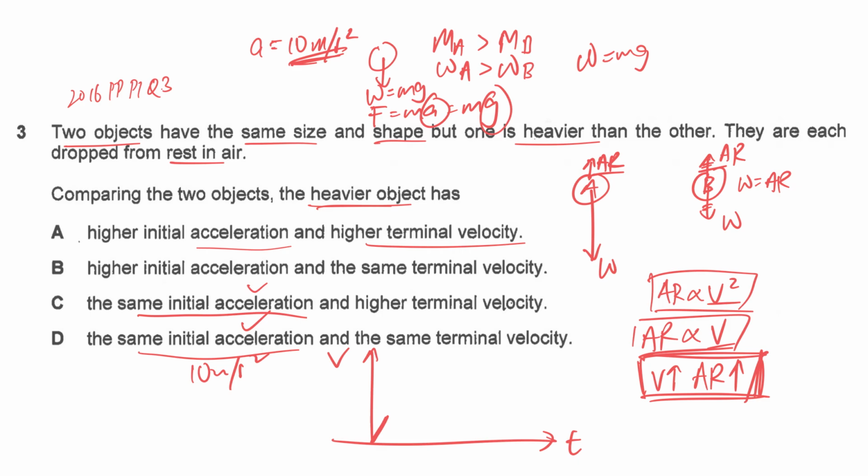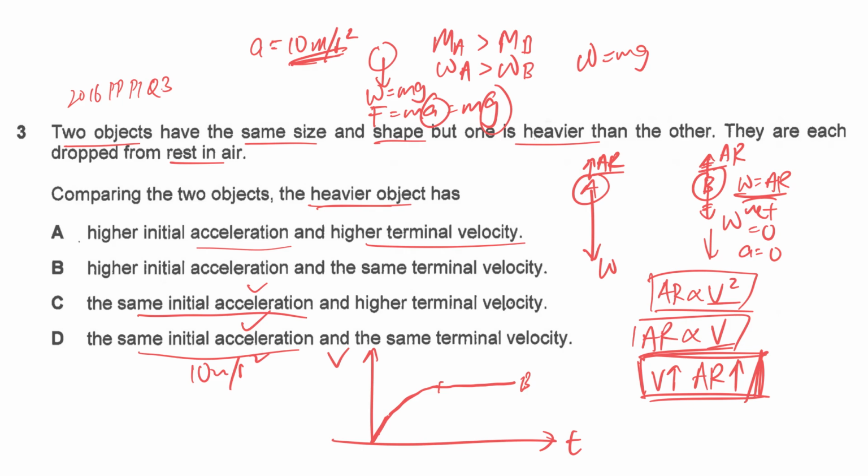When that happens, it will continue to fall at constant speed, which we call the terminal velocity. In other words, the graph for ball B will very soon reach terminal velocity because the net force is 0, the acceleration will be 0, so it will just continue to fall at that maximum constant